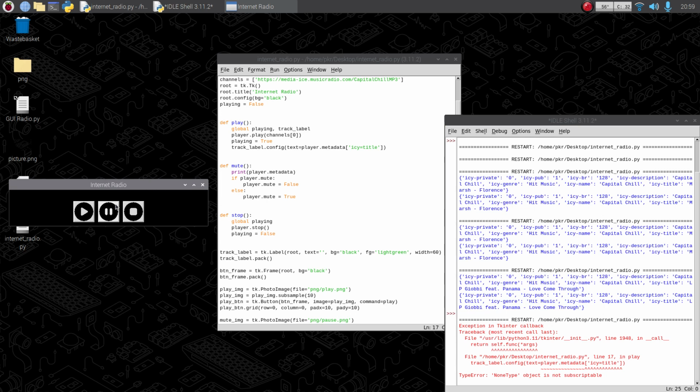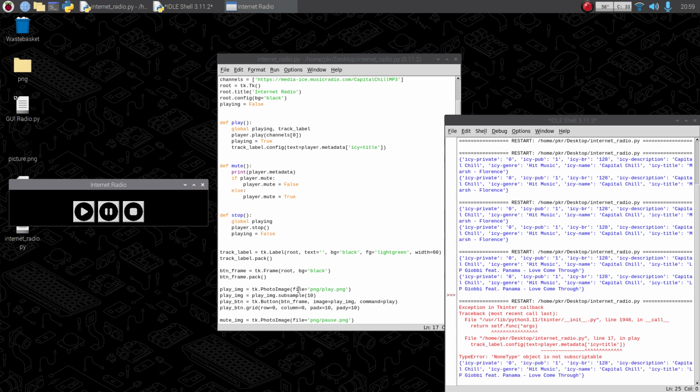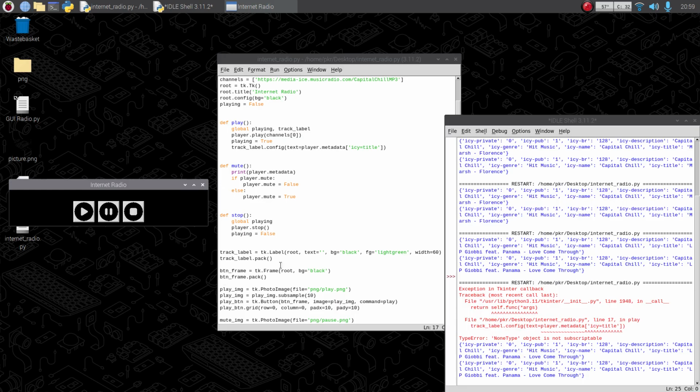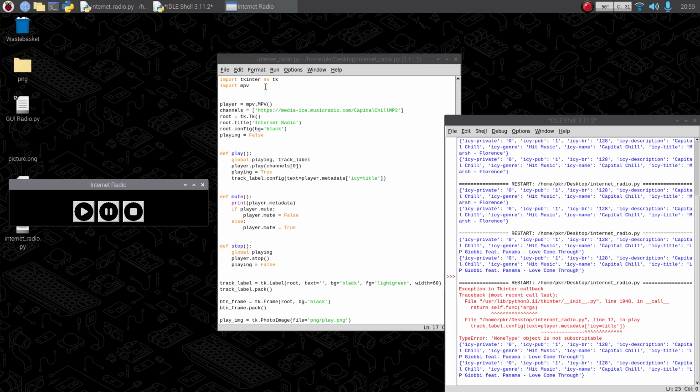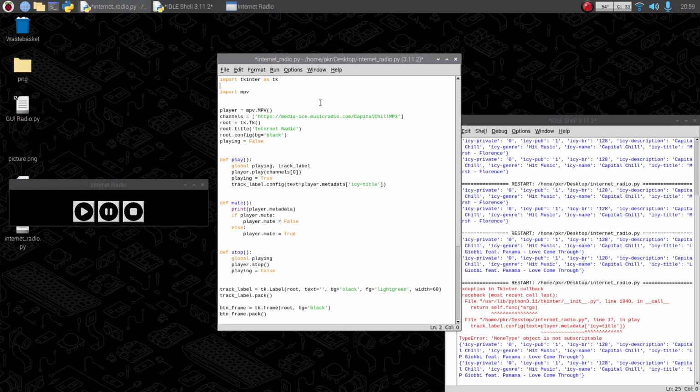If I were to click this button now, you see it prints it out because it's been playing for a fair few seconds. So I need to import threading, because I'm going to create a thread which will,